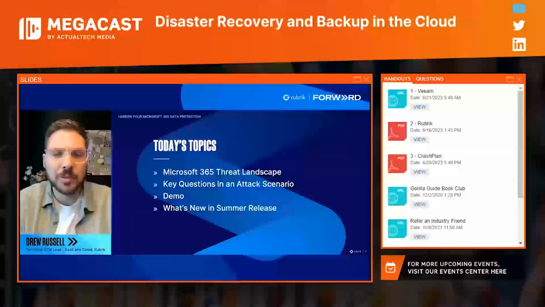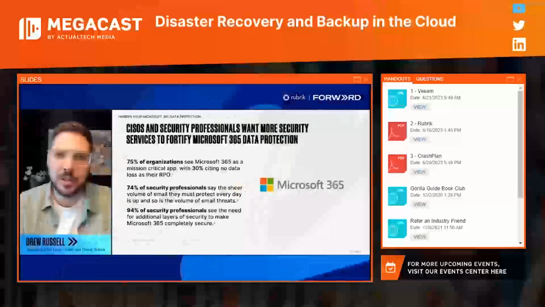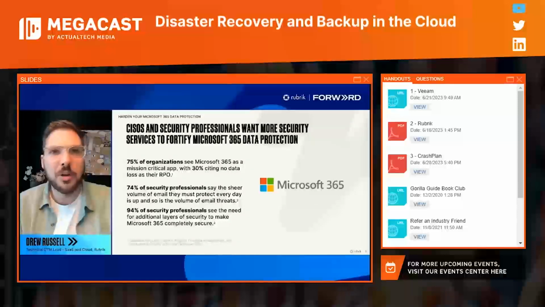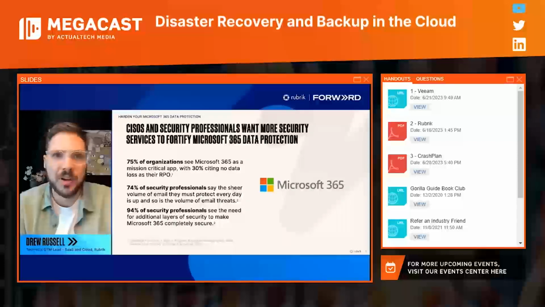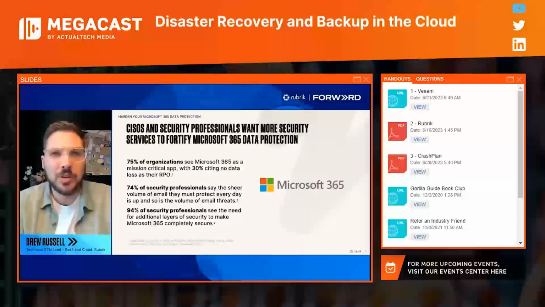So if we talk about the high level here, what we're really seeing is a new kind of focus around the 365 platform, really from an overall security perspective. And what that comes down to is, almost half of the organizations out there these days are really thinking about the challenges associated with deletion events, compliance events, all the intricacies that we've, call it, mastered from an on-prem world, and applying those same concepts to the 365 space.